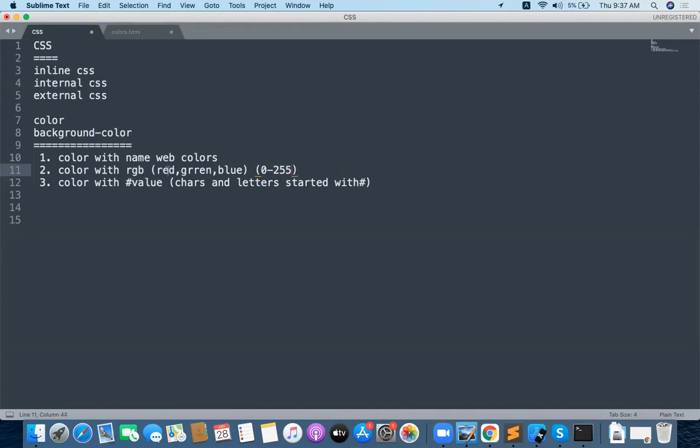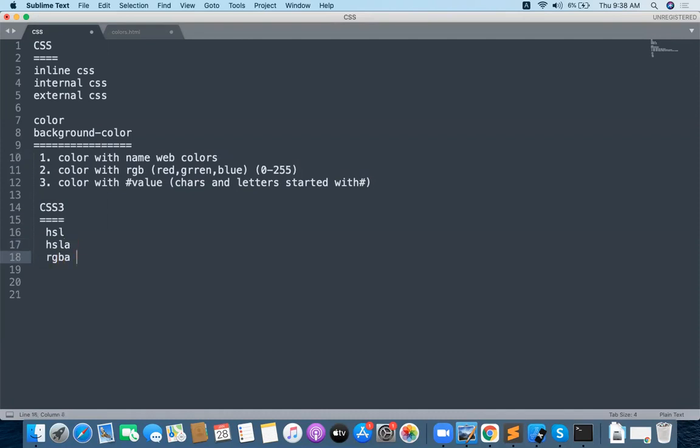Any value you provide should be between 0 and 255 only. So for red I can provide something like 10, green something like 250, and blue something like 100, and the combination of red, green, blue values is called RGB function values. Hash codes are also available. When I come to CSS3, some other colors are provided: you can provide HSL, HSLA, and RGBA values also.